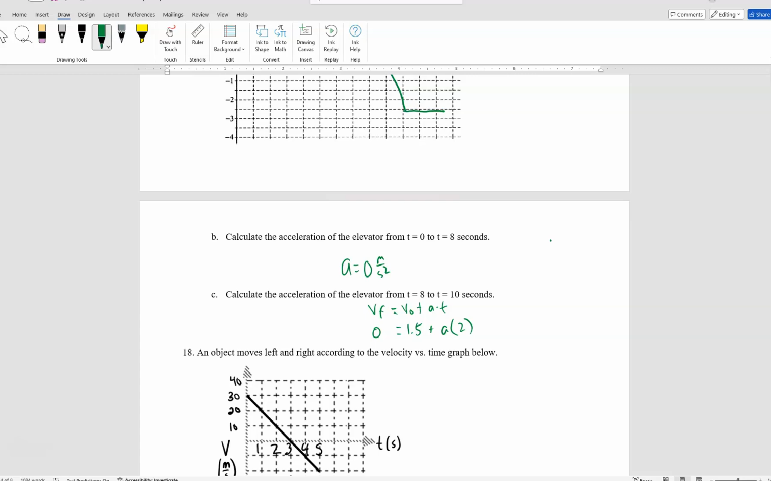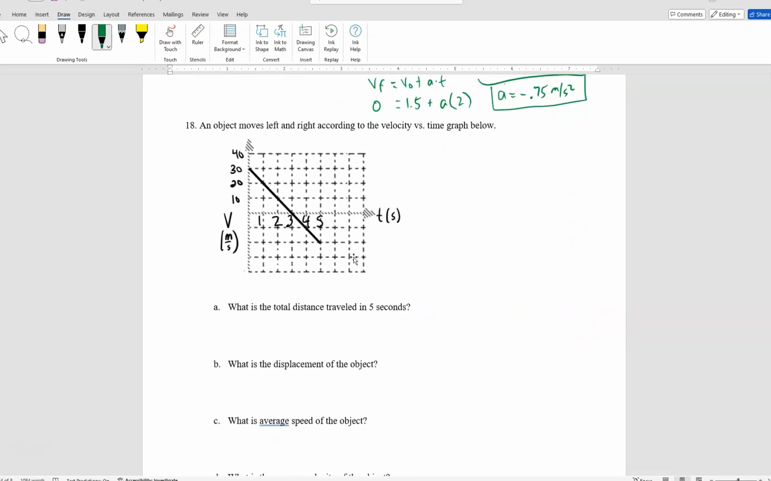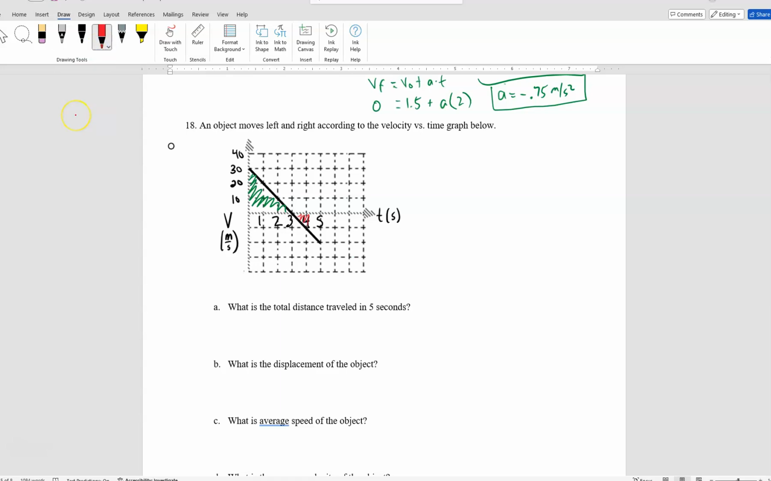So if you do the math on that, we should get an acceleration of negative 0.75 meters per second squared. All right, number 18, we've got an object that's going forwards and it's slowing down, and we want to know its total distance. Well, the total distance is going to be the area between the line